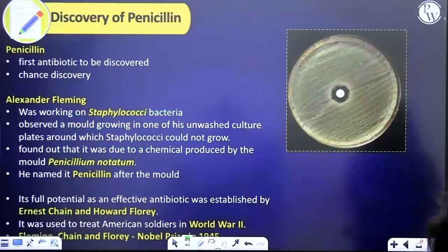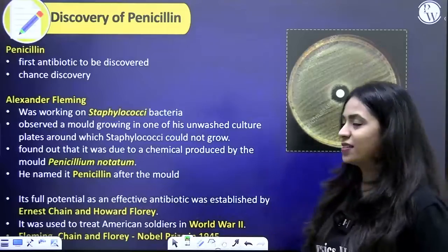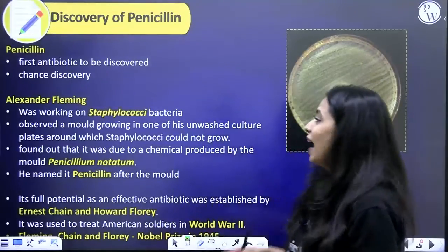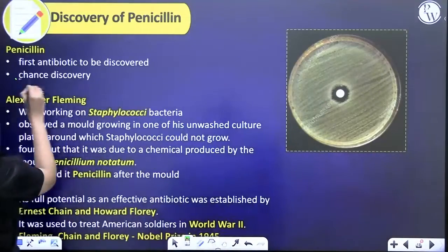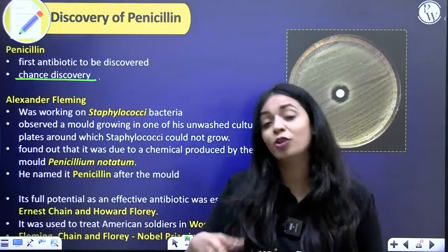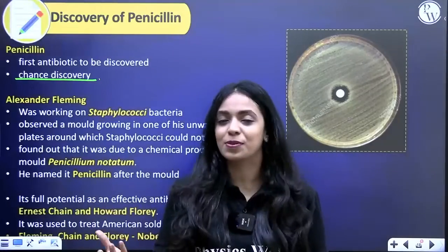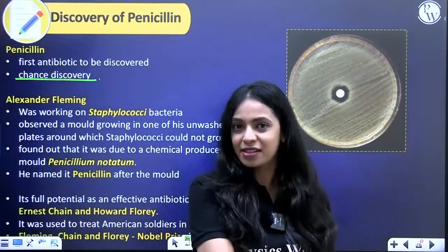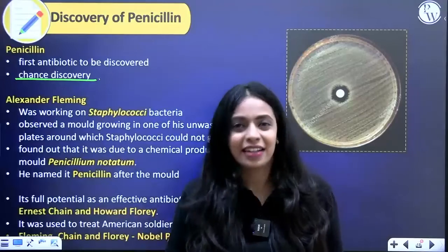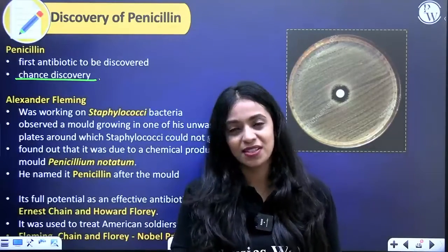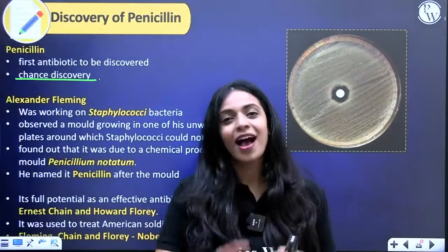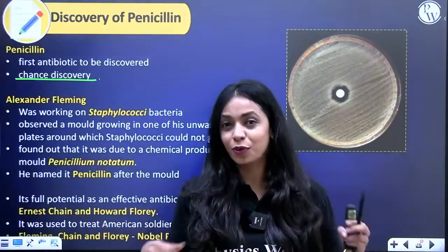Now, let's talk about the discovery of penicillin, which is the first antibiotic to have been discovered. It's a very, very interesting story. And this discovery was a chance discovery. It's not like somebody went looking for antibiotics. They did not go looking for whether microbes produce certain substances that we could use in medicine to treat diseases. Nobody went looking for it. People were busy doing something else and they accidentally found that microbes produce certain substances that have medicinal value and can be used to treat diseases. How exactly did this happen? This story is beautiful. Look at how it unfolds.